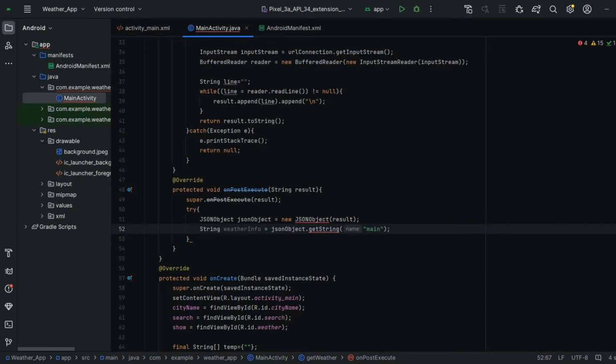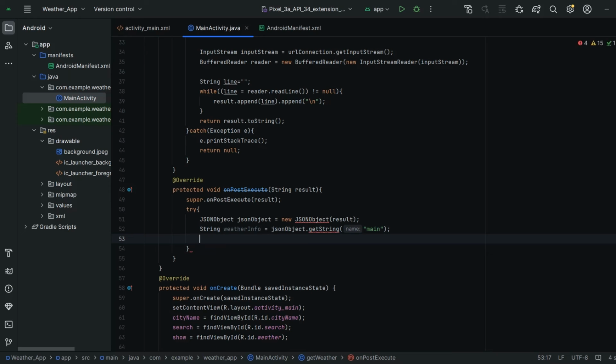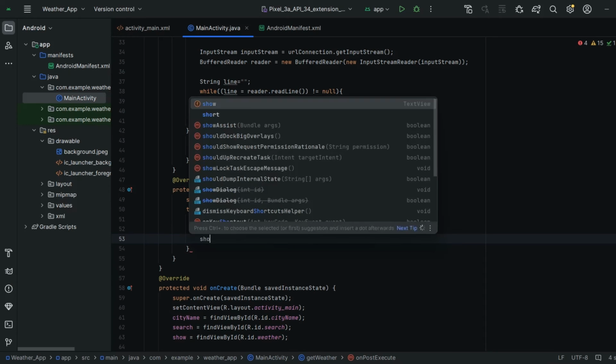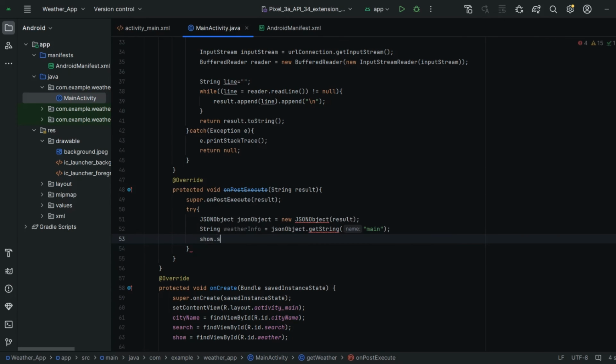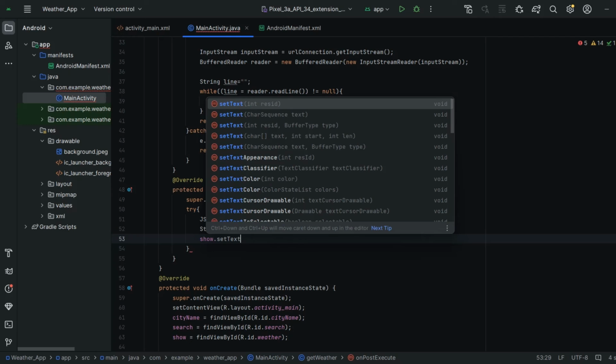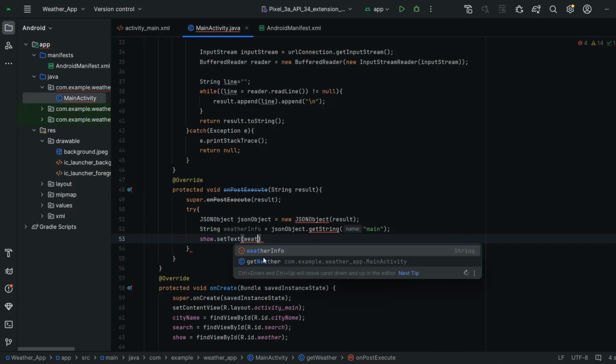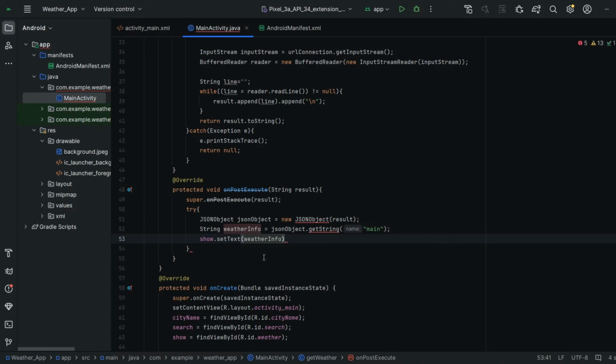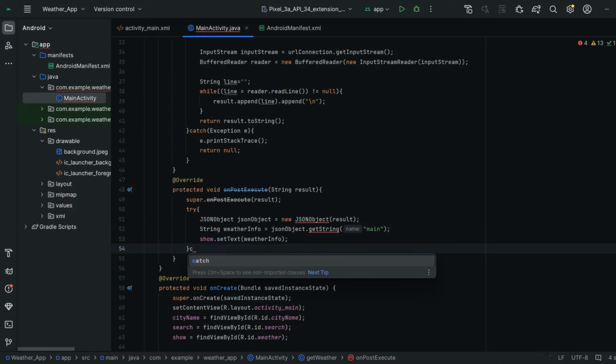Okay, next I'm going to show this on our app. Show text of weatherInfo. And we have to write code for catch also, catch exception.